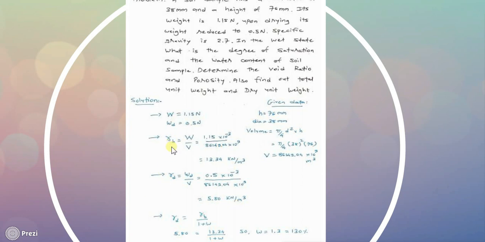Now I have gamma B as well as gamma D, so I can use the relationship between those. Gamma D is equal to gamma B upon 1 plus water content, and from gamma D and gamma B I can find out water content. So, putting the values in the formula, I got water content 1.3, or I can say 130%. Now I have got dry unit weight, bulk unit weight as well as water content. Going forward,